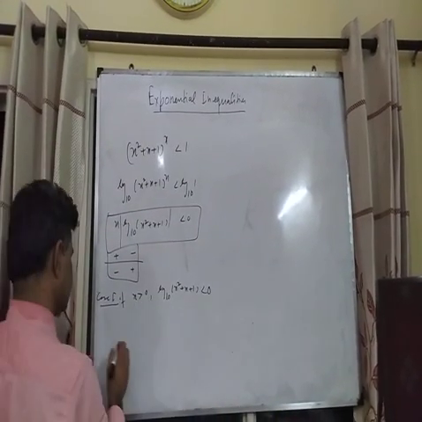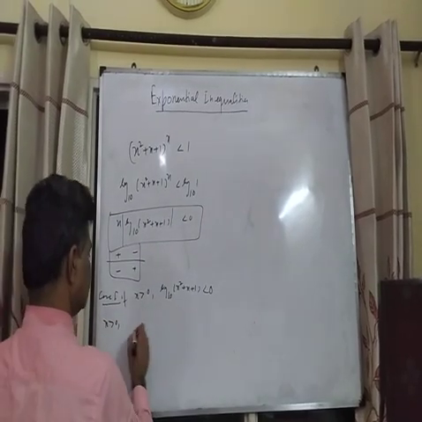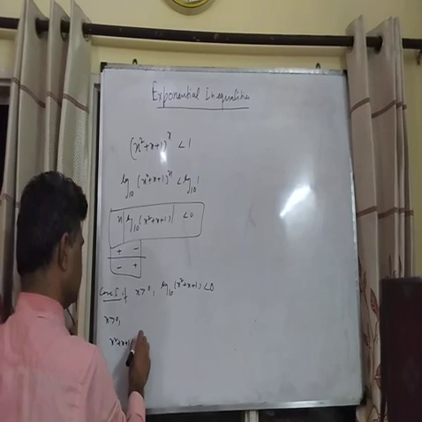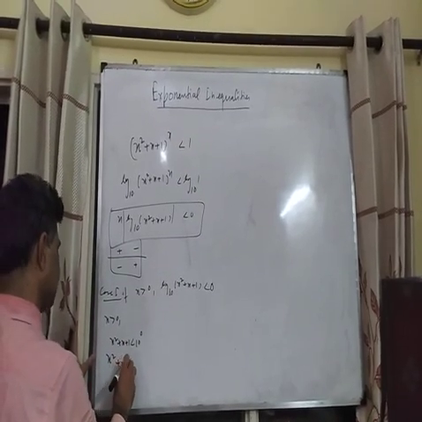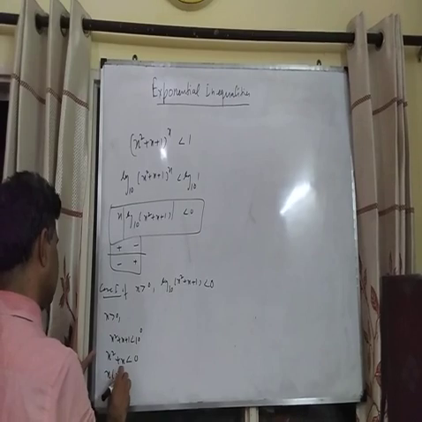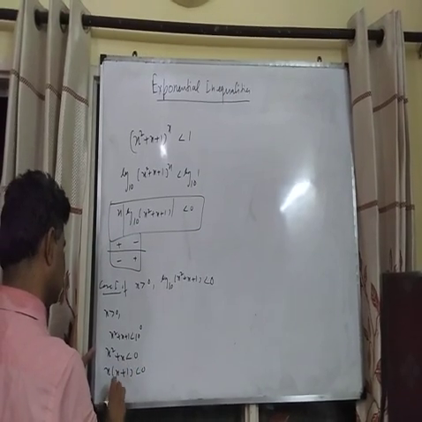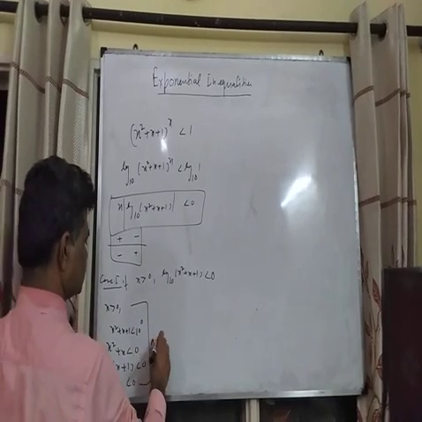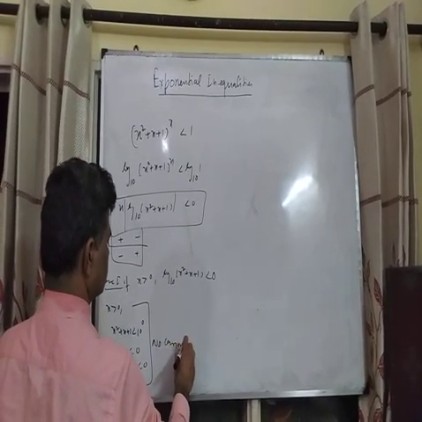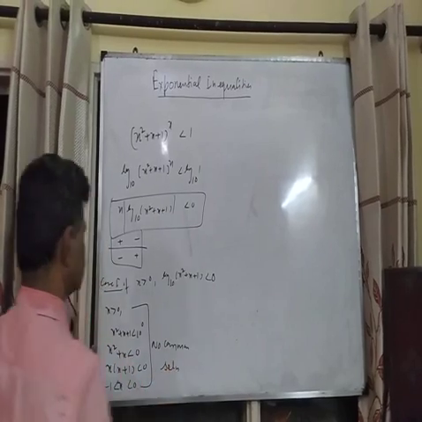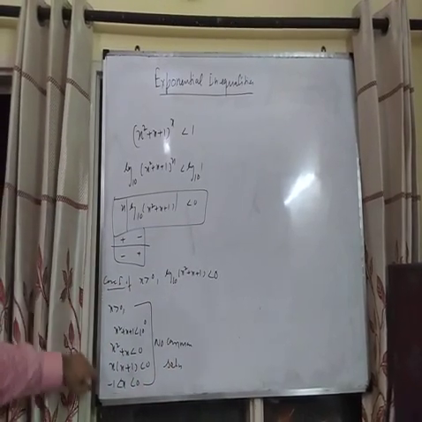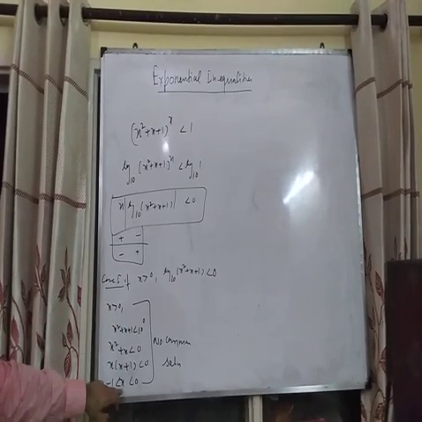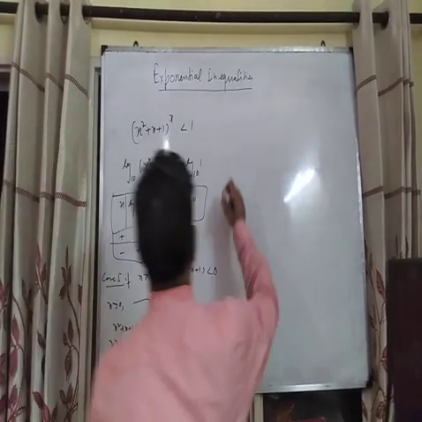So we are solving the first case. So x should be greater than 0, and x square plus x plus 1 is less than 10 to the power 0. So x square plus x less than 0. x into x plus 1 less than 0. So x lies in between minus 1 and 0. So in this, no common solution. It means from the first case we are not going to get any answer, because the first inequality is x greater than 0 and the second is coming out to be between minus 1 and 0.